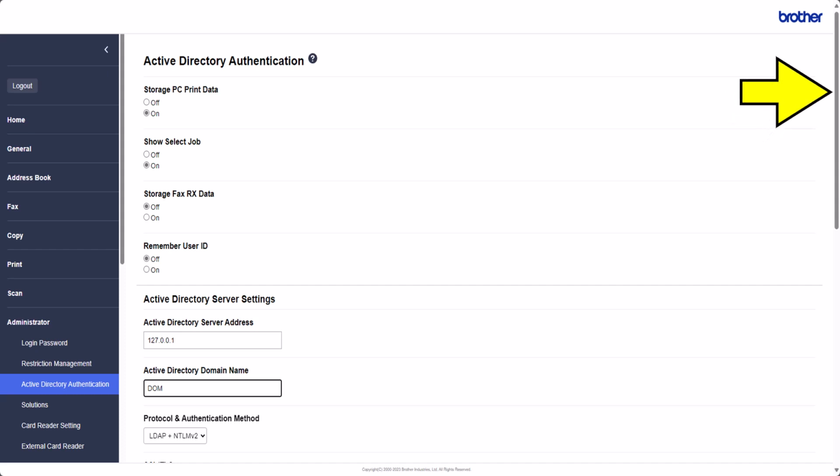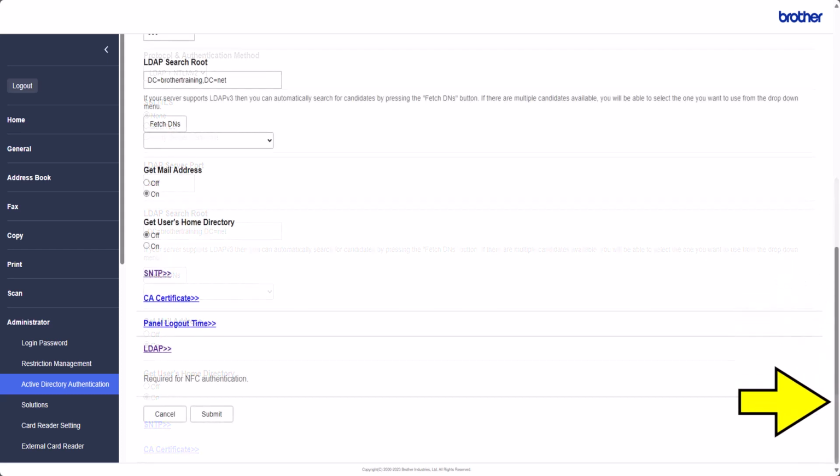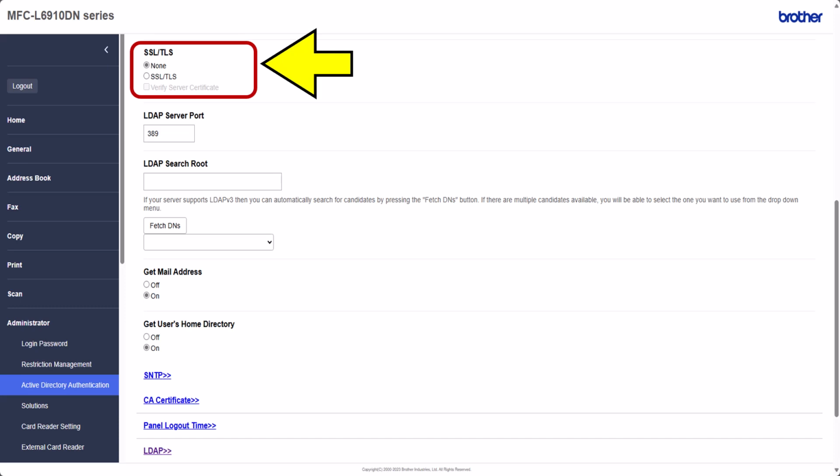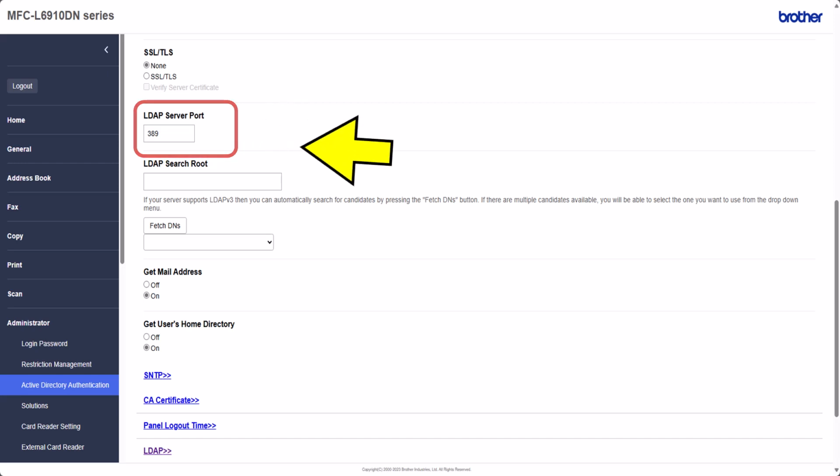Scroll to the bottom of the page. In this field, you will select your security level. Your port number will change depending on your last choice. These are standard port numbers and can be changed if alternative port numbers are needed.